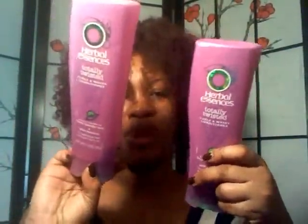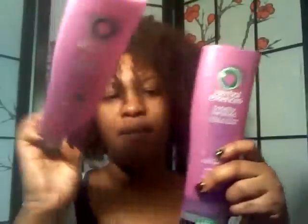So this is what I'm going to do. I'm going to mix this with a little bit of water just to break it down a little bit so I can stretch it out a little bit more. I'm at the end of the road with both of these bad boys, so I'm mixing both with a little bit of water, and then I'll use that as my style aid. I'll use it like a leave-in conditioner. After that, I'm going to let my hair kind of air dry